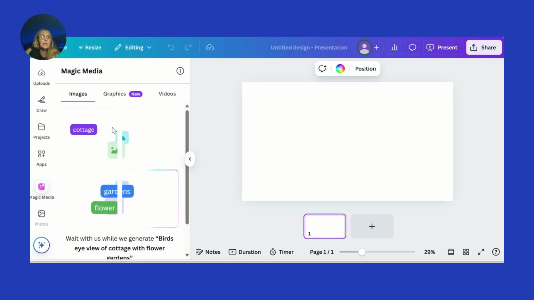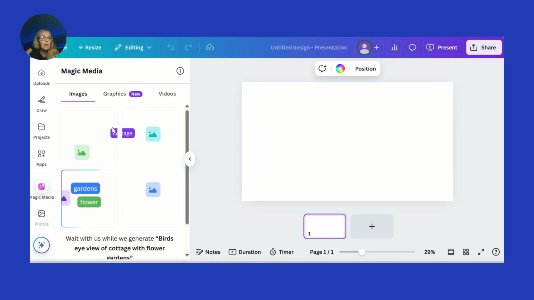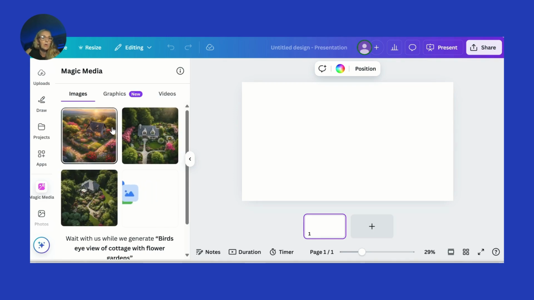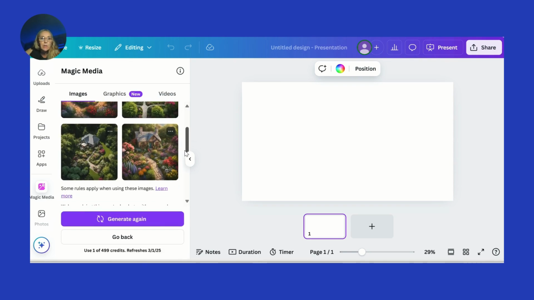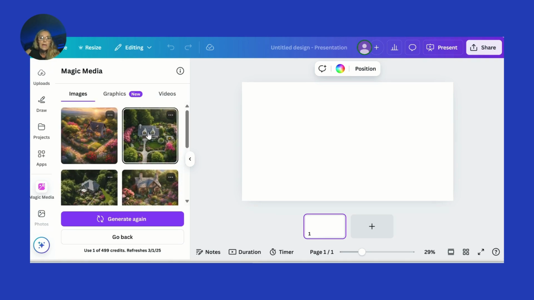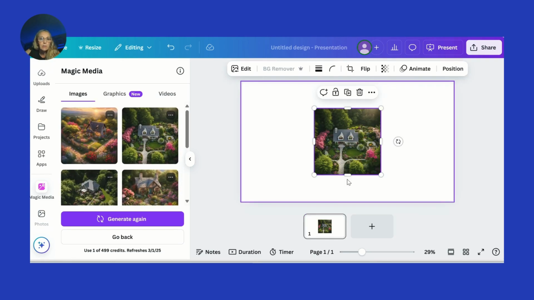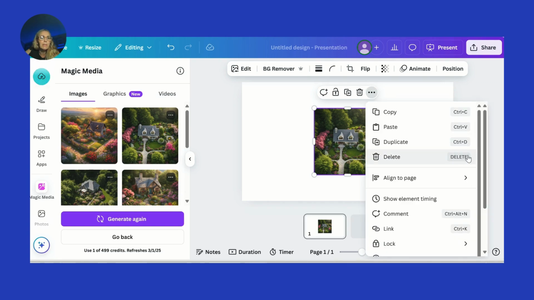Canva takes a little while just to make these 4 images. Now, here are my images, and I'm going to choose one of those images. If you don't like it, of course, you can generate again. So I choose that one, and we set as background. Once we've done that,